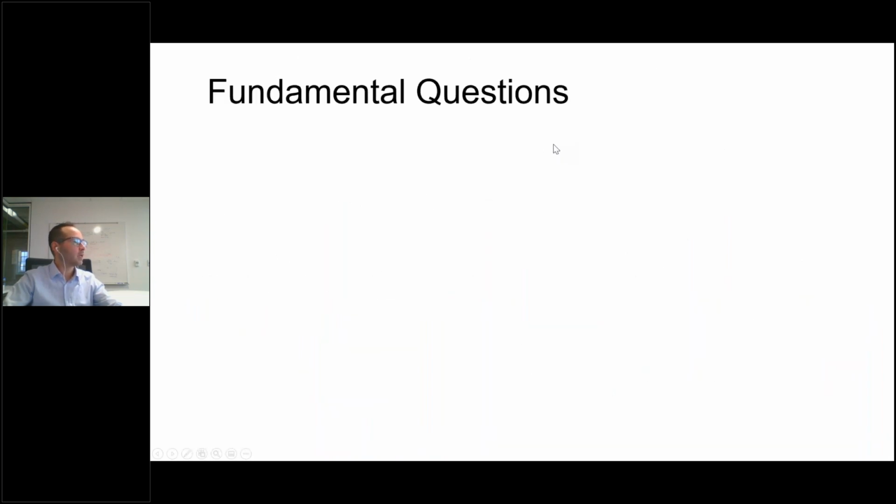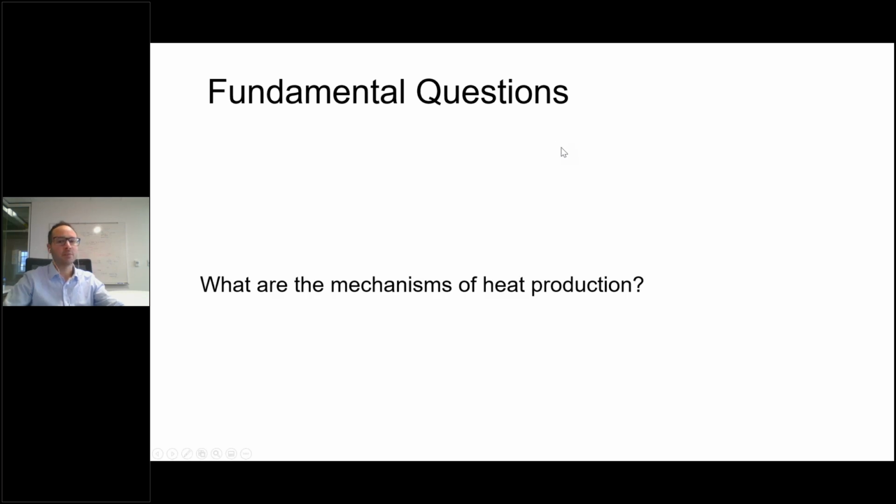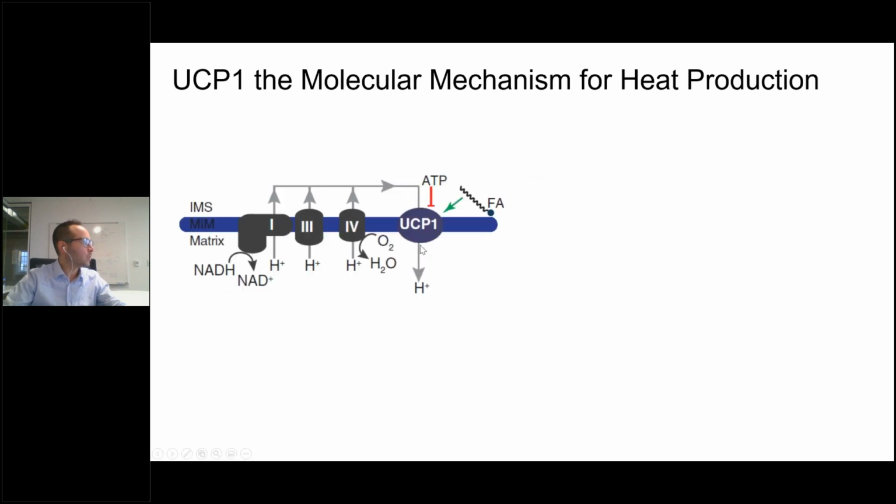So another question that comes up is, what is the mechanism for heat production? So as Greg highlighted, UCP1 is this well-known mechanism for heat production found in brown fat. And so UCP1 creates essentially this futile cycle by acting as a leak in the inner mitochondrial membrane, whereby it's activated by fatty acids, thereby creating this futile cycle that consumes ATP and thereby generates heat. However,